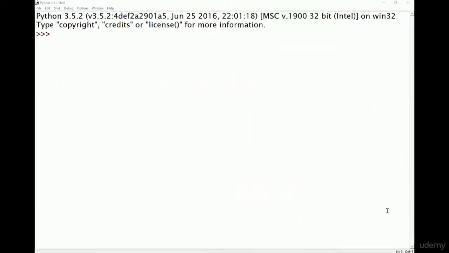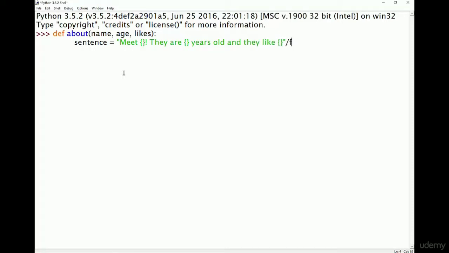So let's go ahead and make a function that's going to tell us about someone. We're going to use the def keyword, which is short for define. Our function is going to be called about, and we're going to give it 3 parameters. We're going to give them the person's name, their age, and their likes. Okay, now what we're going to do, first of all, we're going to have a local variable called sentence, and we're going to say meet blank. They are blank years old, and they like blank. And we're going to format in there their name, their age, and their likes. Okay, awesome. And we just want to return